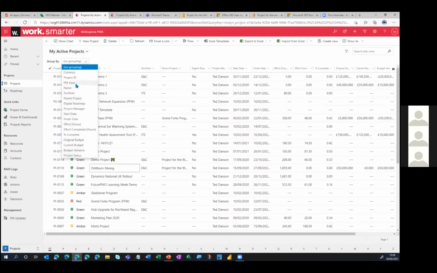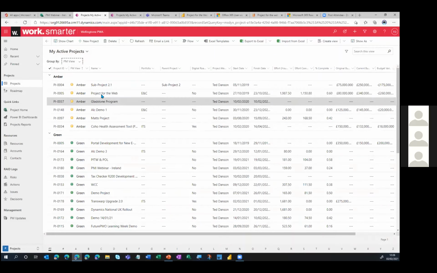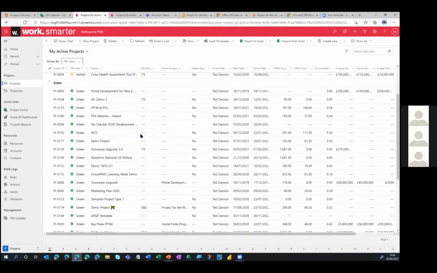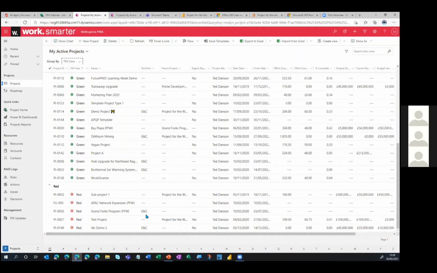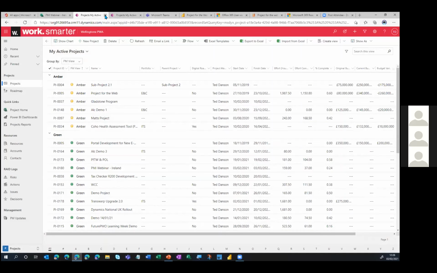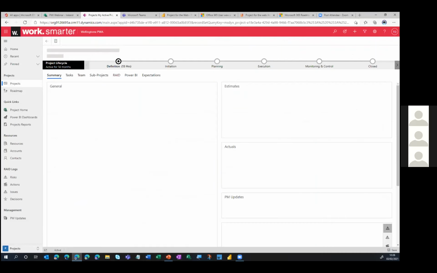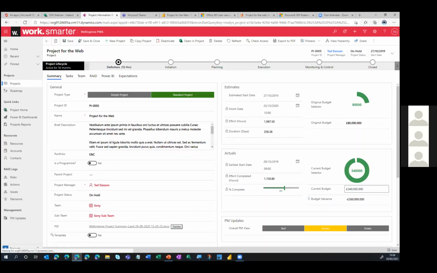To illustrate this, I'm going to just group everything by PM view. So let's have a look at all of the projects grouped by red, amber, and green, just so that we know where we need to focus our attention and pay a bit more attention. But what I'm going to do is just switch over now into an actual project. So I'll drill down. And again, this is the power of Power Apps over and above what we've looked at so far. On the screen at the moment is a page that we've created.